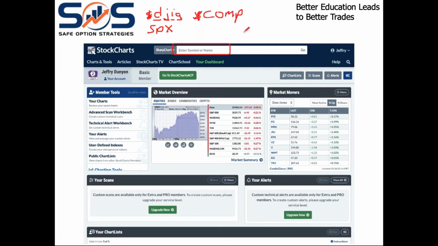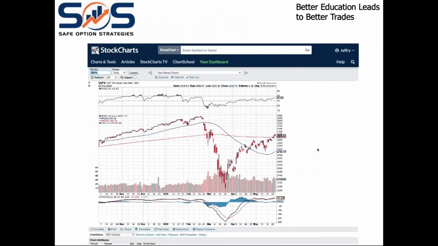Okay, once I've done that, this is what it will look like in the default. And to me, this is a horrible looking chart for the type of analysis and for the way I analyze stocks. And if you're going to go through the whole Safe Option Strategies education, you need to know how I analyze stocks,